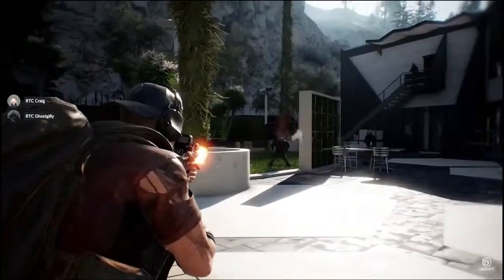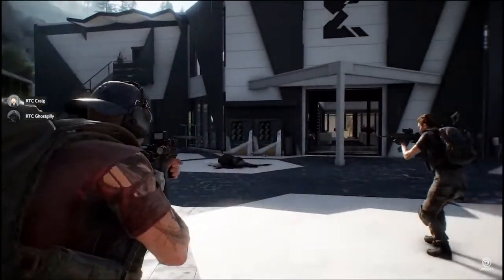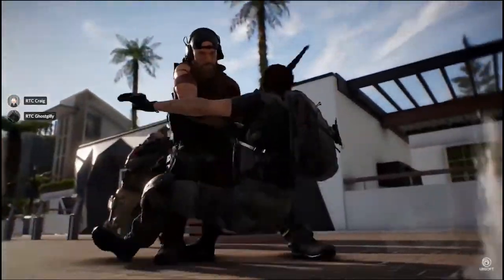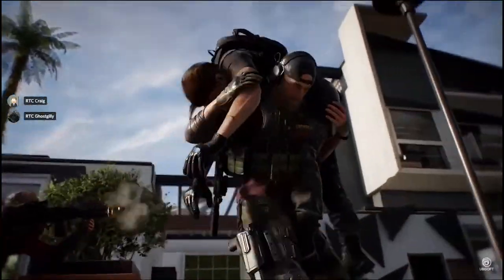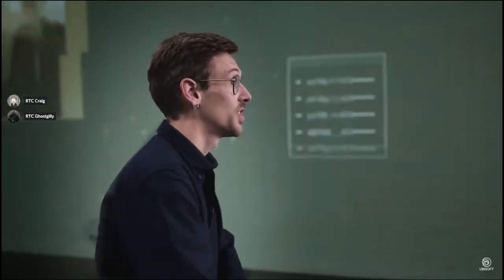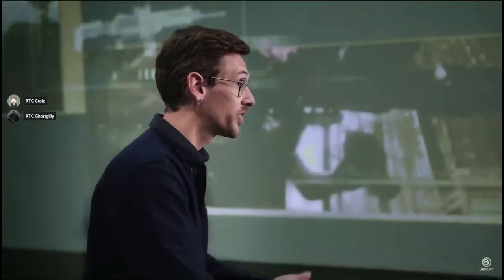Key to our post-launch plans has been to add an extra layer of hard QA testing to provide the best experience with the new features we're adding. Nowadays, there are so many platforms and specs that need to be tested. So it's good for the production team to know they have a dedicated team playing the game, testing new content, and tracking how Breakpoint is performing for players, no matter what hardware they are playing on.